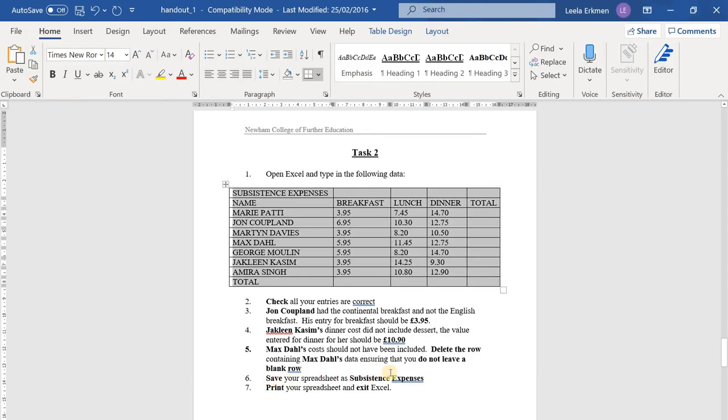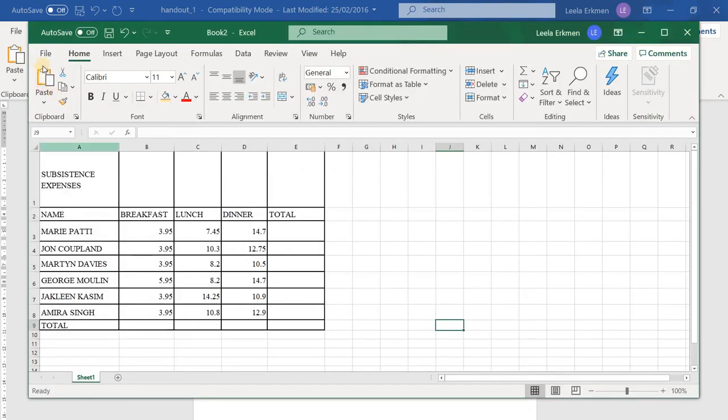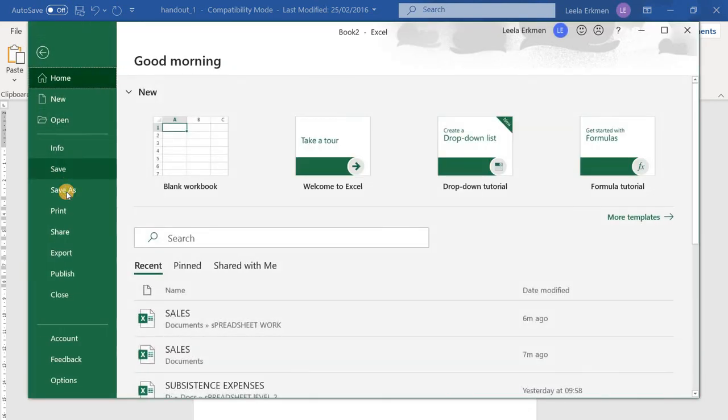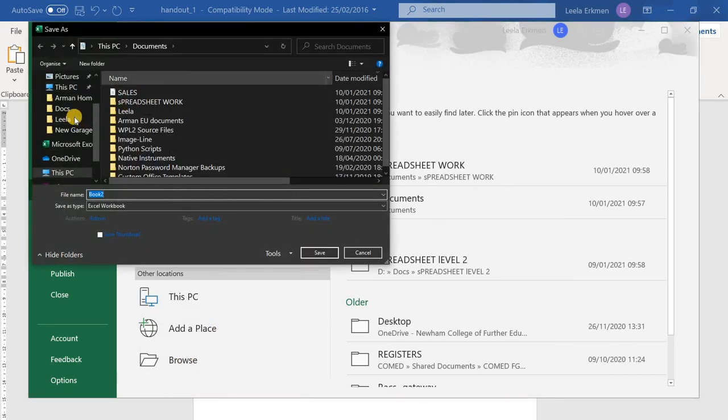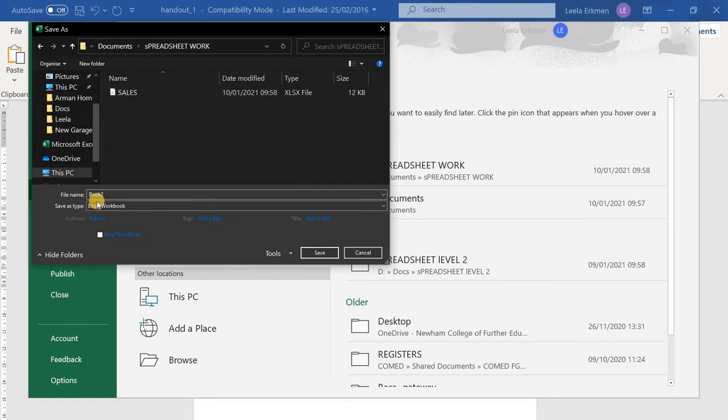Save your spreadsheet as subsistence expenses. Do it in a new workbook. File, Save As. Where are you going to save? You're going to save this file in the folder that you created. Browse, find that folder, wherever you created, spreadsheet work, and here you give the file name as